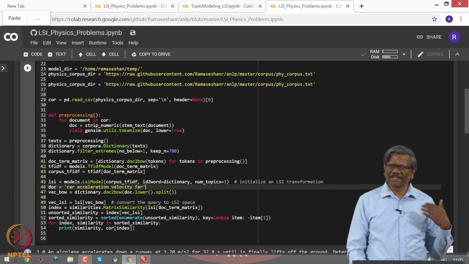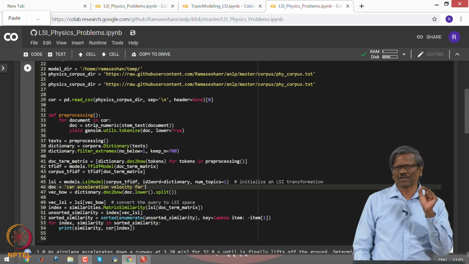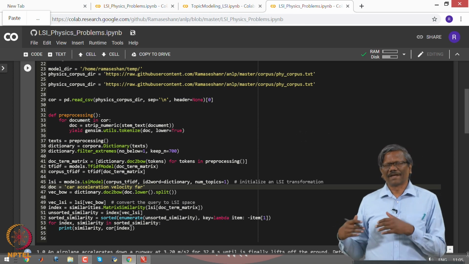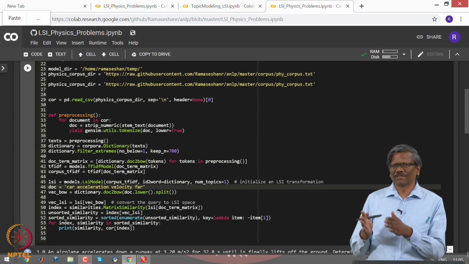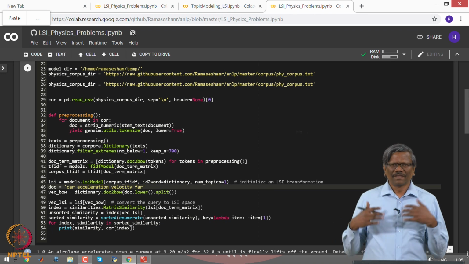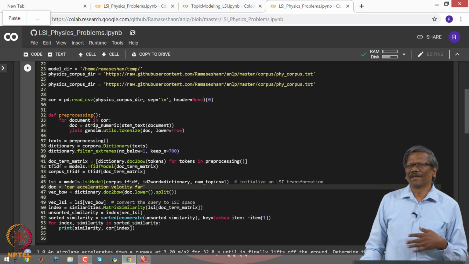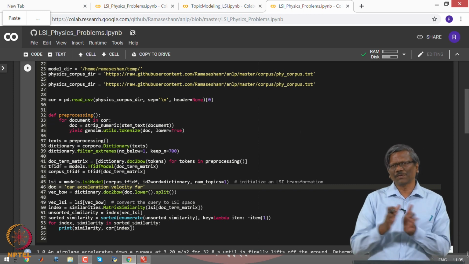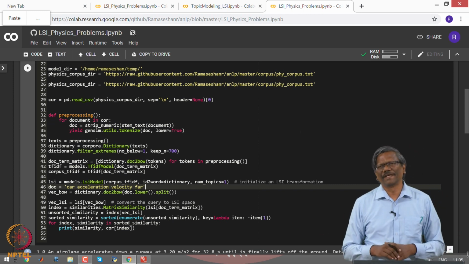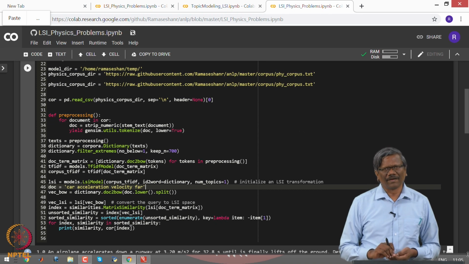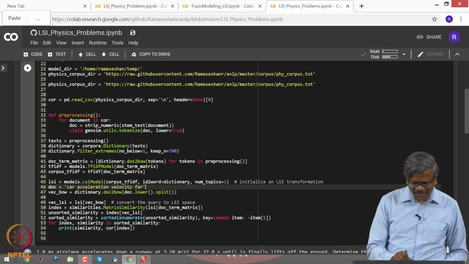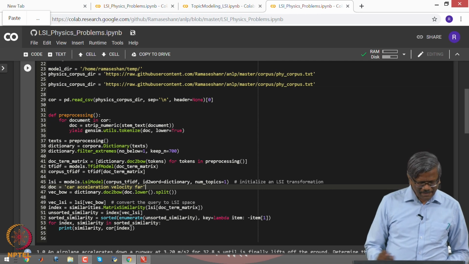You remember even in the image processing we started with the lowest one and then reconstructed the image, then added one more, and slowly as we added more and more, the image started becoming clearer and clearer, from a blurry picture to a clearer picture within about 80 or 90 eigenvalues. In this case again I am doing the same thing, starting with 1, and let us see what happens.